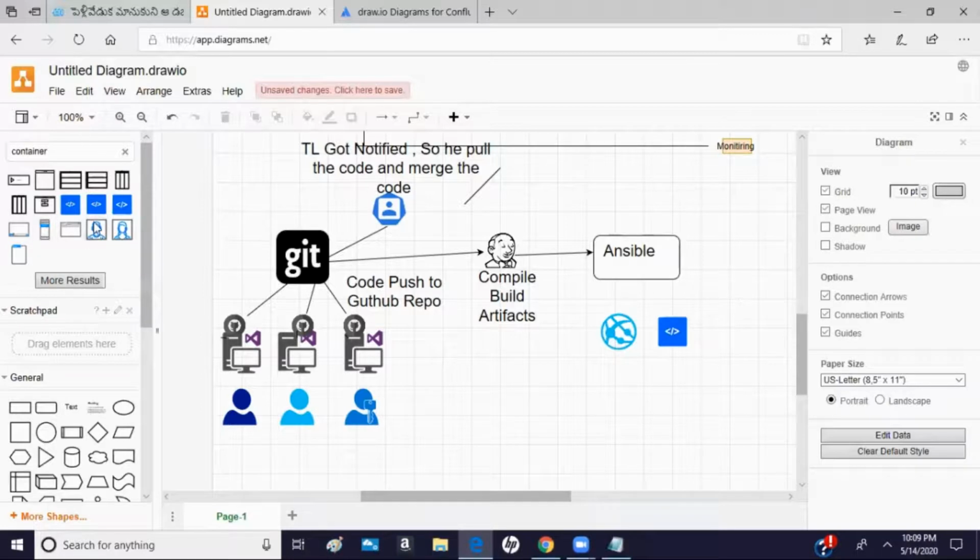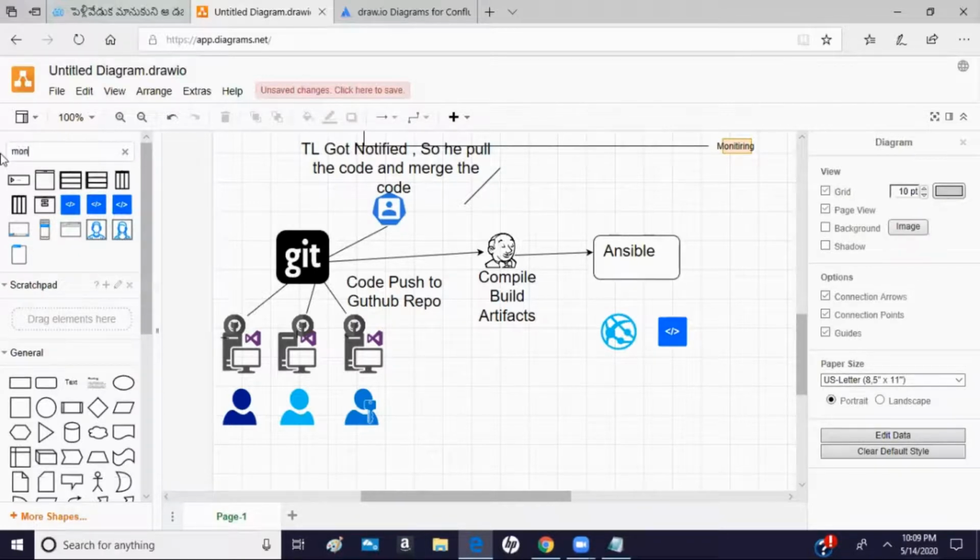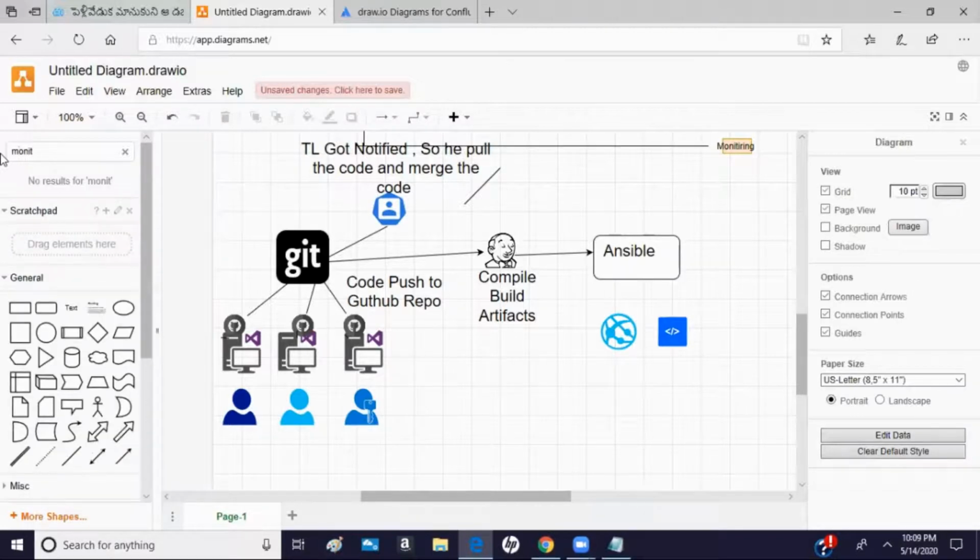And then from here, you can monitor using different kinds of monitoring tools. For example, let's say this is my monitoring tool. You have various monitoring tools available.